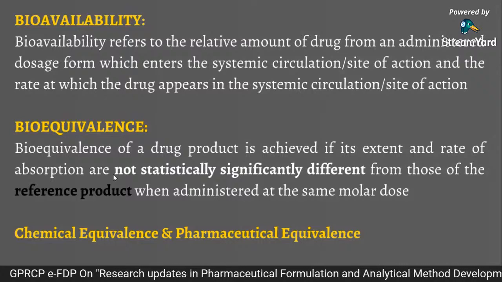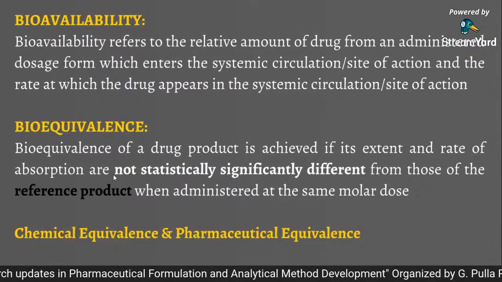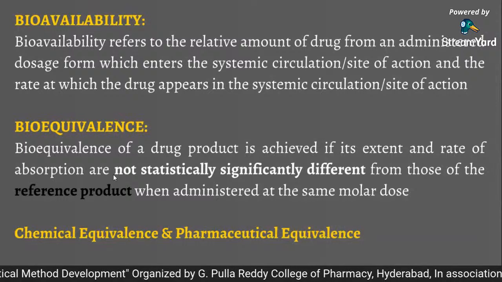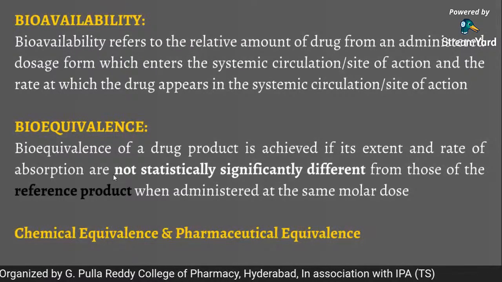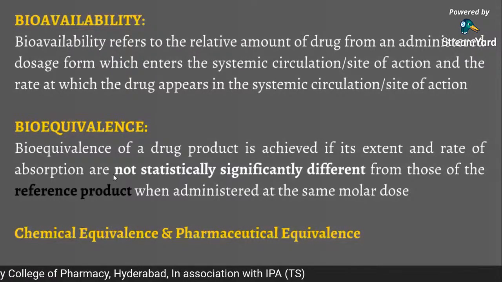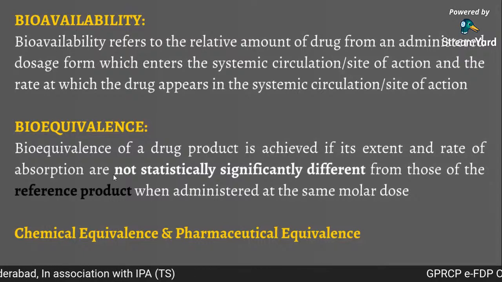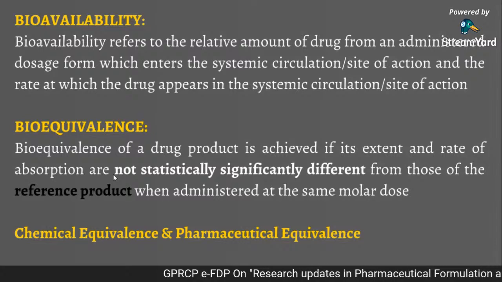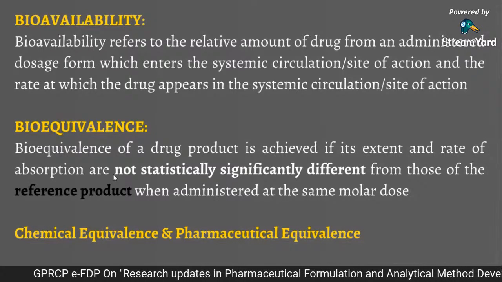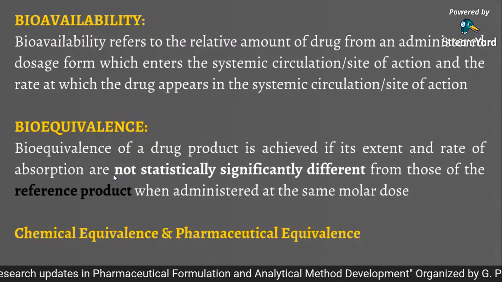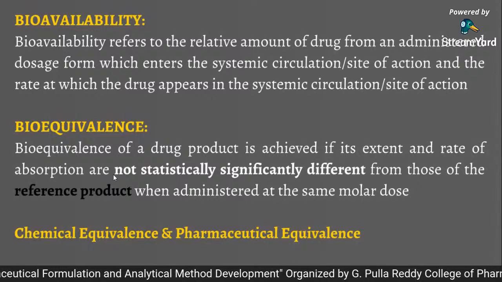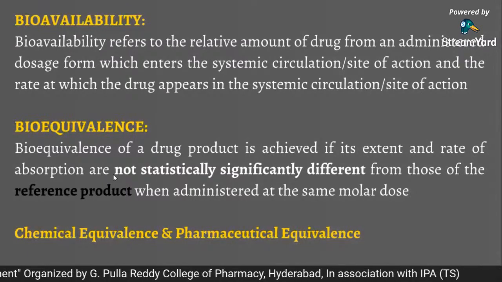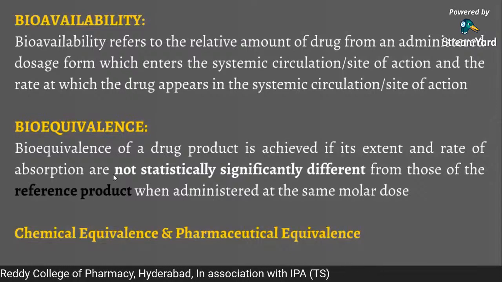And when the drug is the same, the amount is the same, and the rate is the same, definitely we can expect the same therapeutic efficacy from these two dosage forms. In that case, either the doctor can prescribe the innovator formulation or the test formulation. But as the test formulation's cost is very low, because it is a generic formulation, the patient can choose it because it is easily affordable. You can choose either the innovator or the generic formulation. But obviously the generic formulation has more benefits compared to the innovator from the cost point of view. So that is the major objective of generic formulation development.